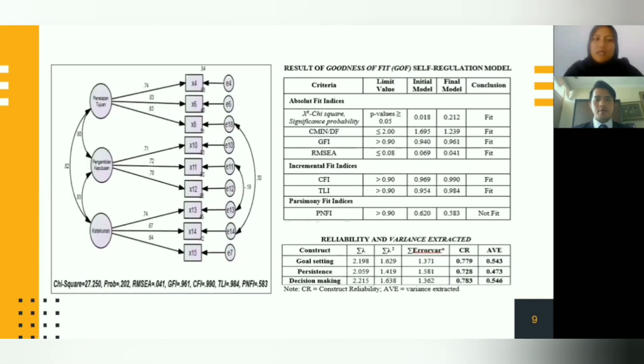The second stage, 9 items are analyzed using the CFA method. The analysis showed that goodness of fit is quite good based on the various fit model assessment criteria, including absolute fit index, incremental fit index, and parsimony fit index. On the final measurement model, the overall assessment shows that the model is acceptable and considered to be fit according to empirical data. The next is to see the convergent validity, construct reliability, and variance extracted.